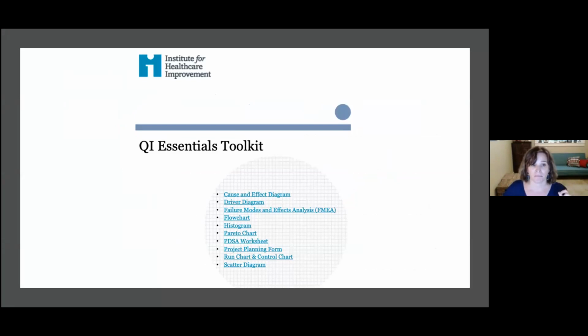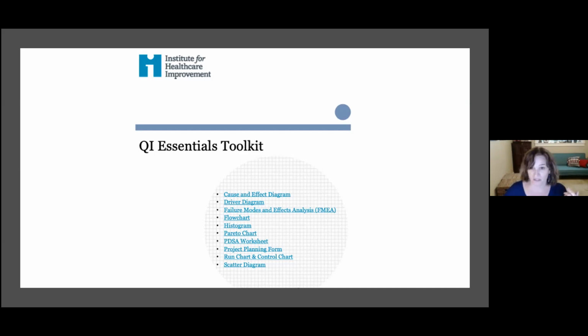So the Institute for Healthcare Improvement, for those of you who don't already know about them, I highly, highly recommend. It's ihi.org. I've shared with BHT this toolkit, and in the toolkit, they give you worksheets and instructions for developing a cause and effect diagram, a driver diagram, your flow chart. There's a PDSA worksheet that helps you step by step walk through the steps of planning, doing, studying, and acting, as well as some other tools for using data to get a better sense of where you've got problems in your process or that are getting in the way of the outcomes that you want.